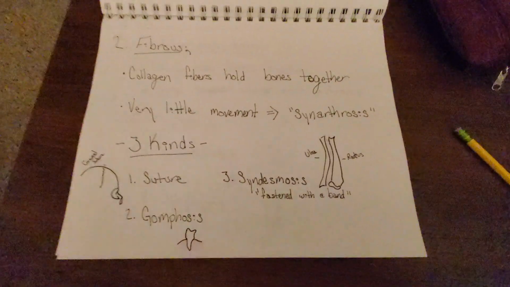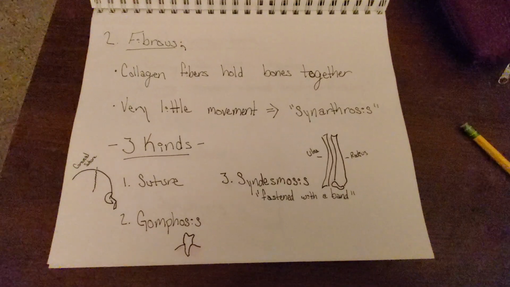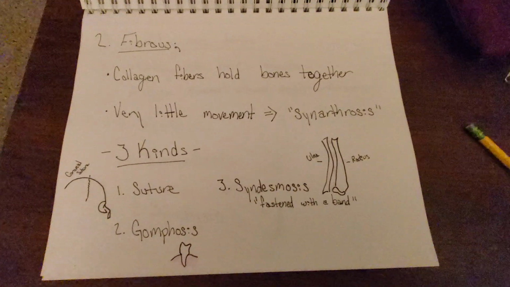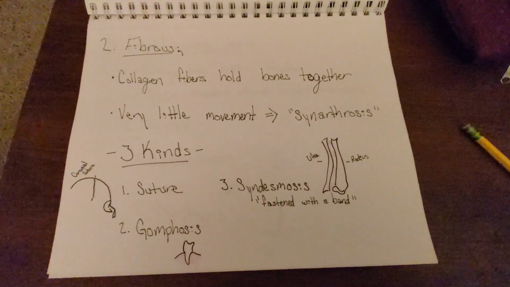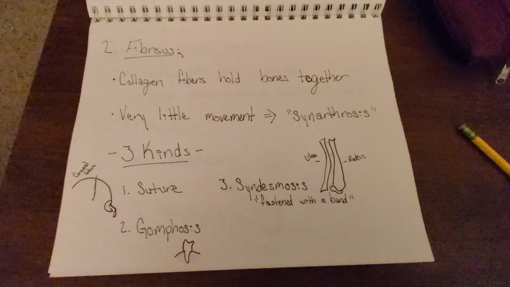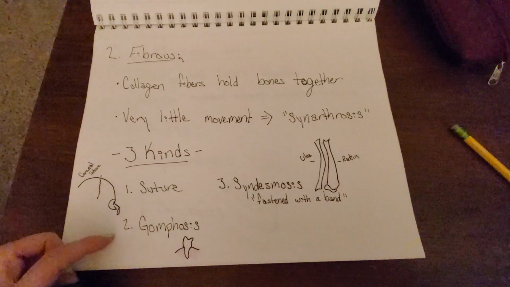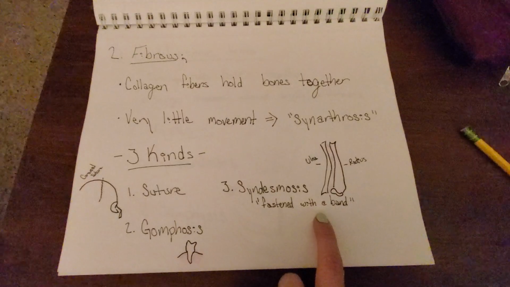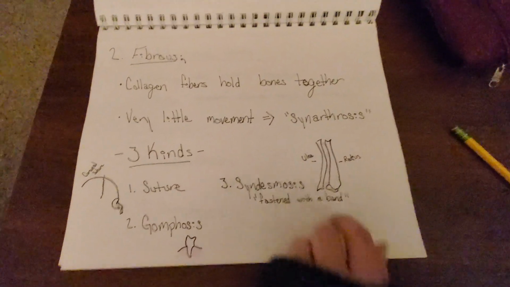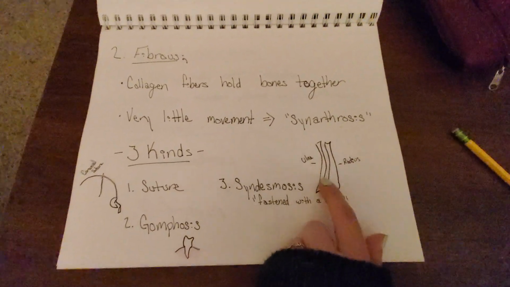Fibrous. Fibrous is when collagen fibers hold the bone together. Very little movement. Synarthrosis. There are 3 kinds: the suture, gomphosis, and syndesmosis, which is fastened like a band. So it's keeping the ulna